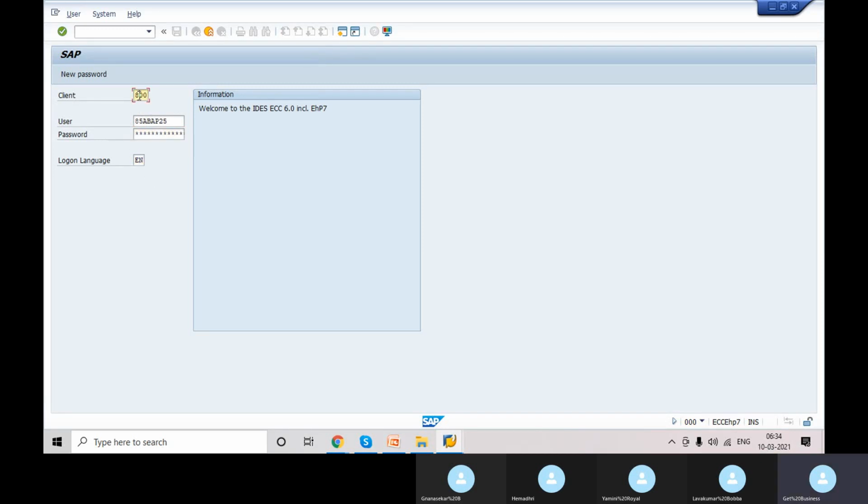And there are different clients at the system level. We'll be discussing the architecture in later sessions. But currently we are using client 800 for practice or training purposes. So we just mention user ID and password. I already mentioned them, just press enter on the keyboard.